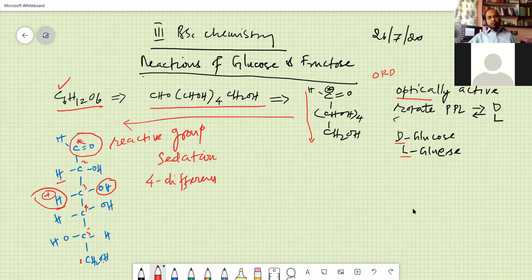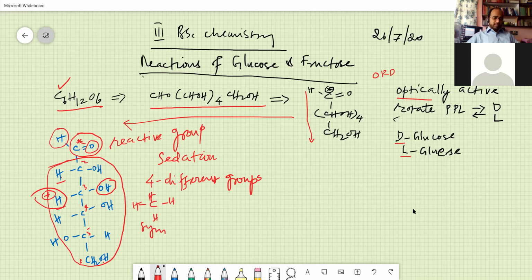The valency of a carbon atom is 4. So if you have all 4 as H, H, H, H, then this is purely symmetric in nature. If you have 4 different groups, here we consider this as 1, this as 2nd, and this entire part as a triad group. This is an asymmetric carbon atom, therefore the reactions at the asymmetric carbon atom can be attributed from here, from here, from here.